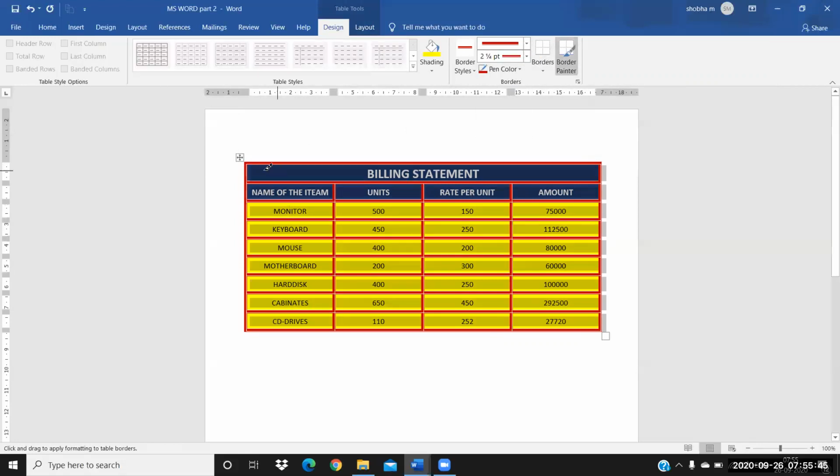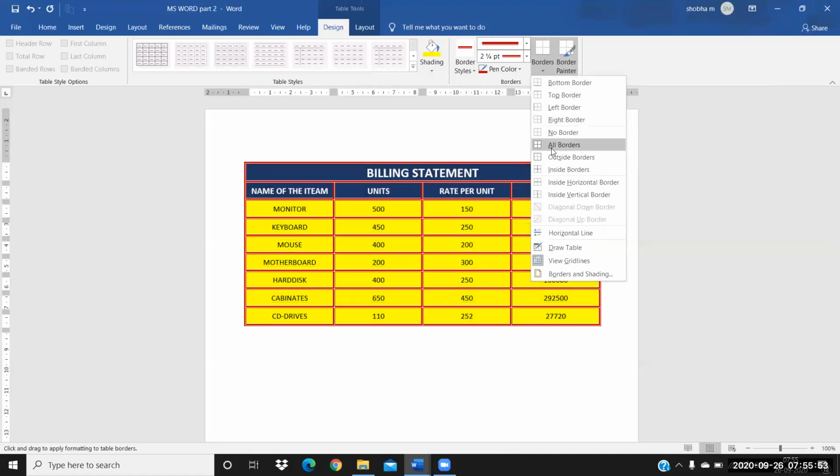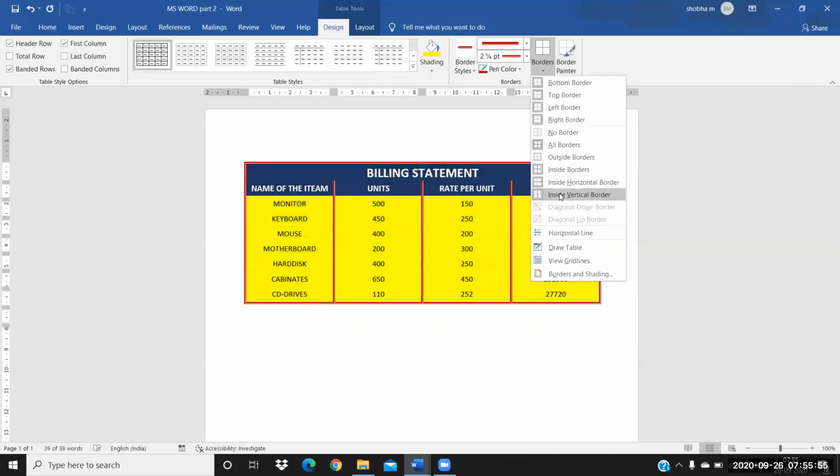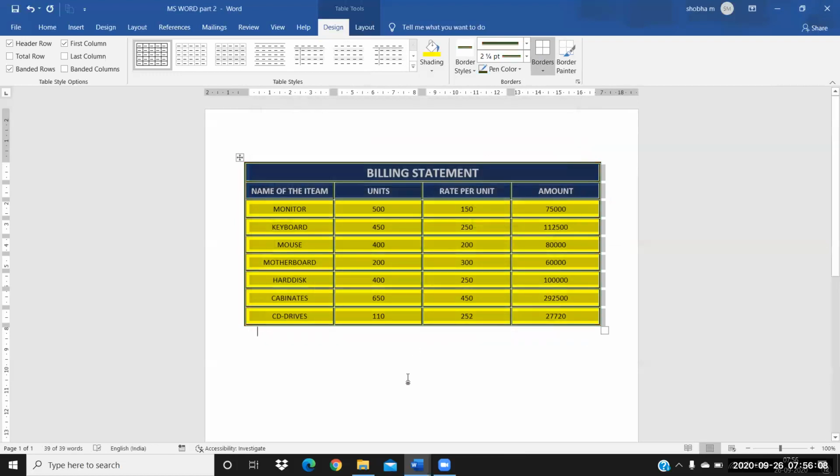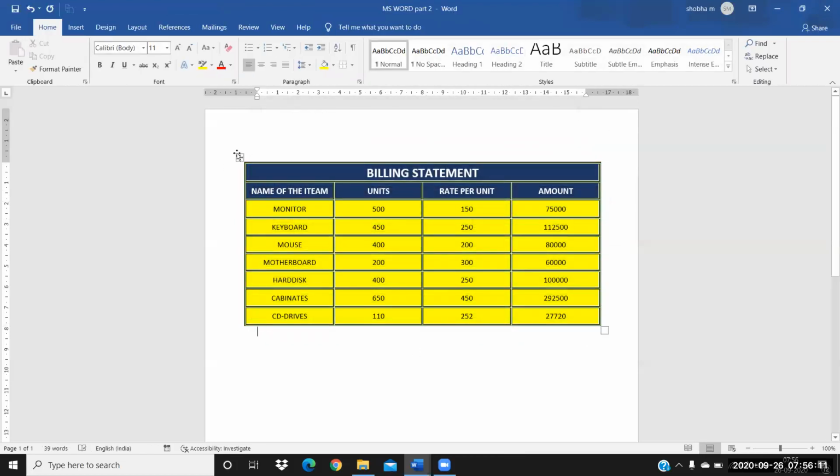You can reduce it like this from here also, but whatever you take here, it will select like a pen only. But pen means it will take so much time. So that is why I won't recommend the pen always. Instead of wasting so much time using a pen, you can simply click on All Borders, select your preferred border, color, everything, just click on OK, and all at once you can apply the border here like this. So this is how you can apply the border to the table.